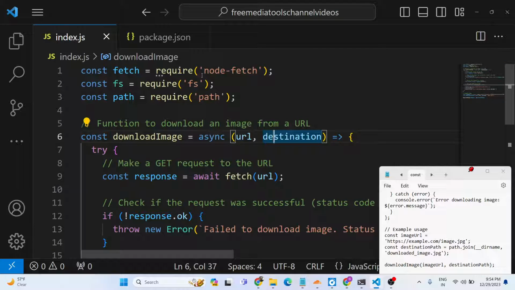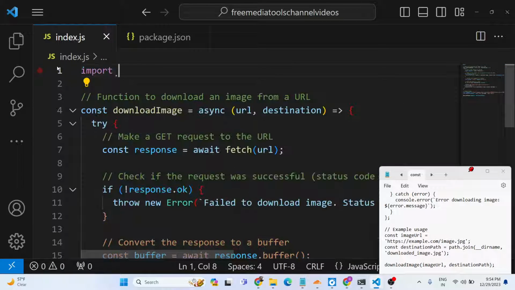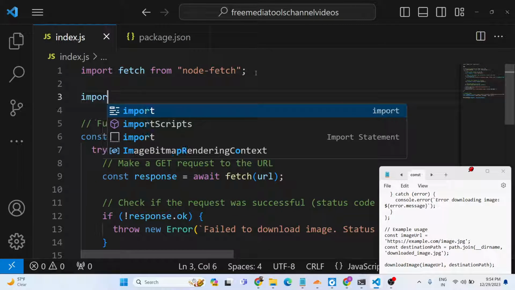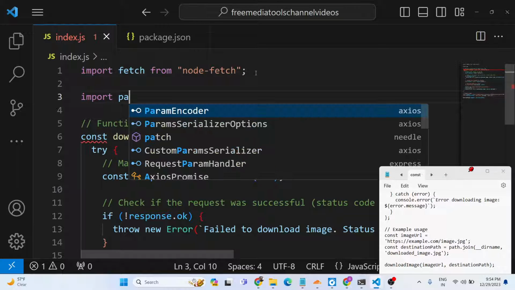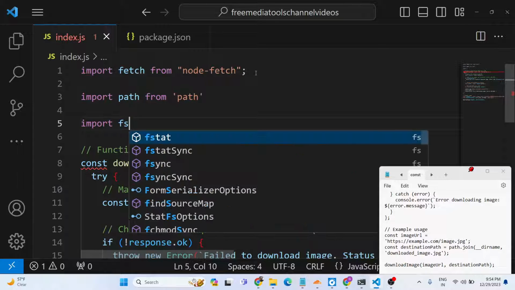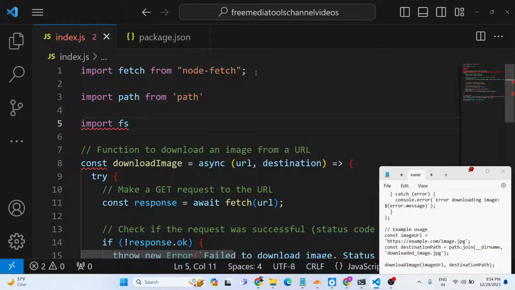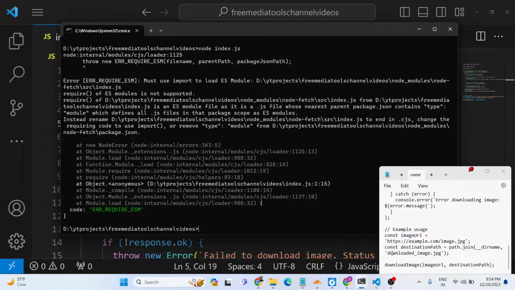So instead of require, we can simply use the import statement. It will look something like this: import fetch from node-fetch. We will also need to import the path module as well, and the file system module as well. So now if I run this,